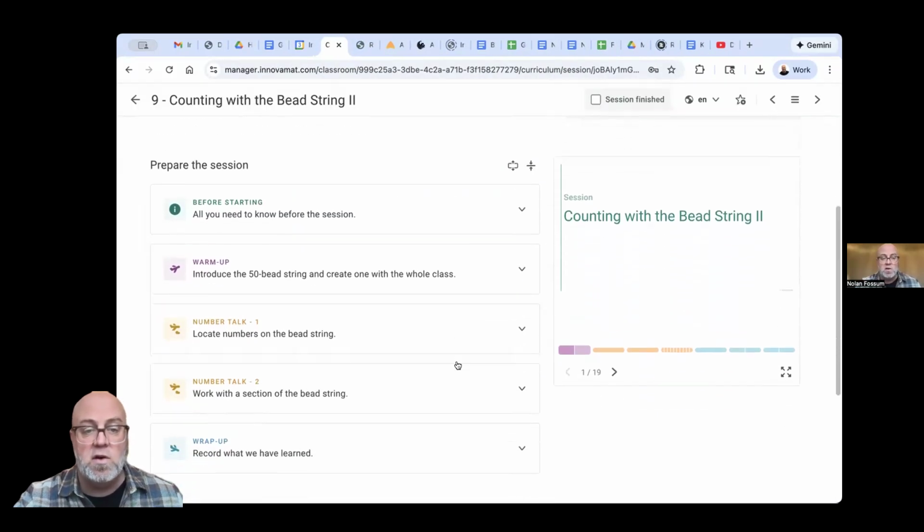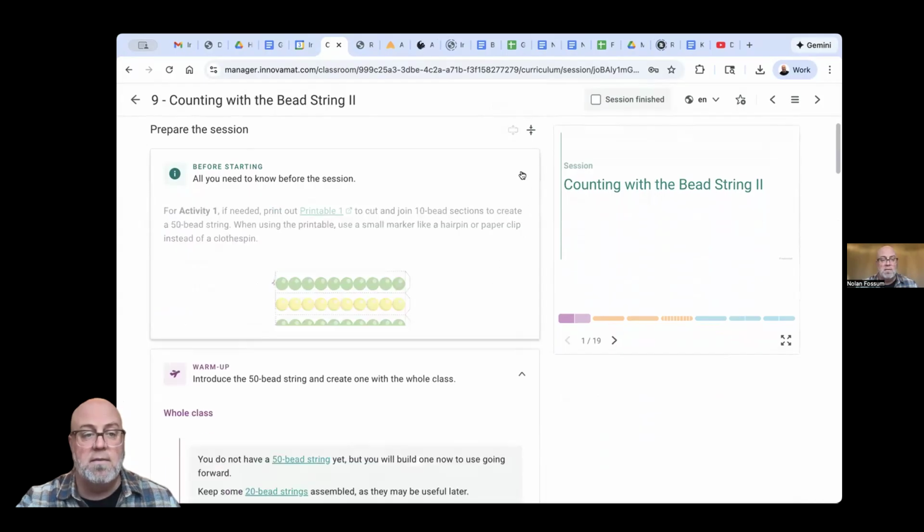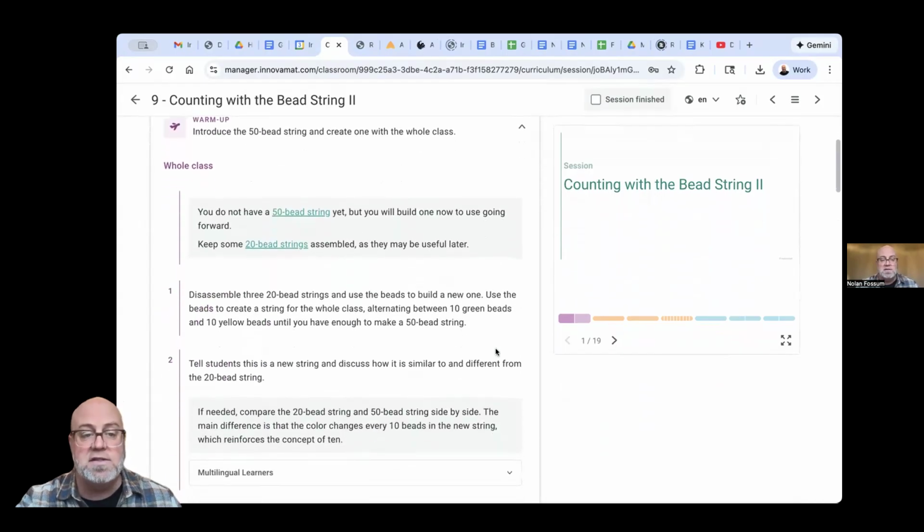All right. So I want you to notice that our sessions are always condensed with those same sections of warm-up, number talk, and wrap-up, so that at a glance I can see what the progression of the lesson looks like. And then as I expand those options, I get more into the detail, and you'll see a series of text that's unhighlighted plus text in gray boxes. And so I generally recommend that you read through the sections of the lesson, first just the unhighlighted text,